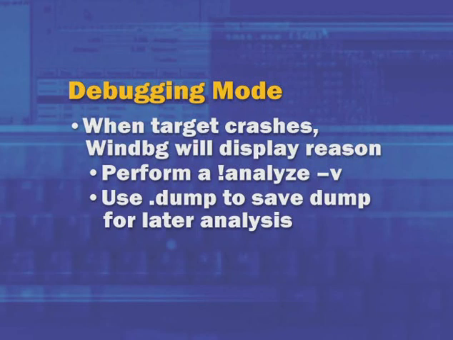If at this point you're not able to solve the crash, but you'd like to make a copy of the crash so that somebody else could work on it, you can make a copy of the system's state by using the .dump command to save the dump file for later analysis on the host machine. Keep in mind that that's going to be a slow operation if you're doing a full memory dump copy over a serial cable. You could choose, for example, to very quickly make a minidump. .dump /m makes a minidump, and that's going to be a quick operation even using the slow baud rate default settings.